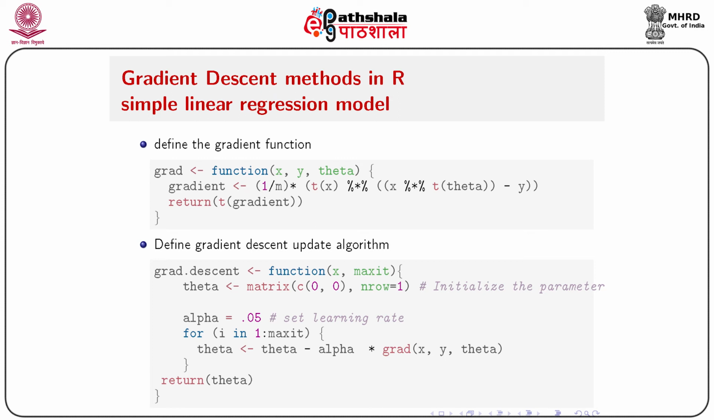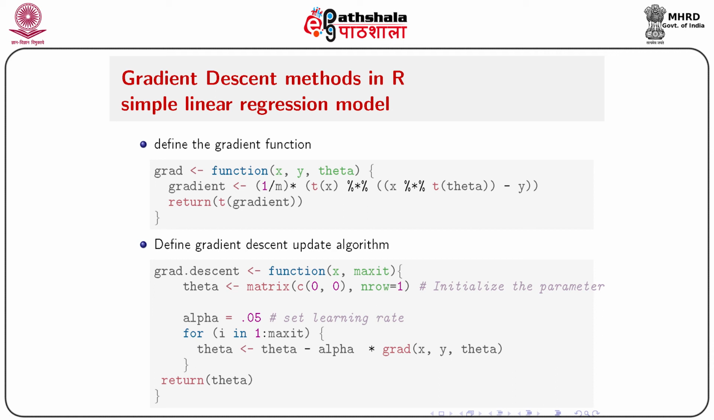So this equation I already discussed before, and then I define the gradient descent update algorithm. The actual algorithm can be defined here. So here also I am defining a function for the update: grad.descent equals function, the arguments that I am passing are x and maxit, and then theta equals matrix 0, nrow equals 1, initialization of the parameter, all are 0,